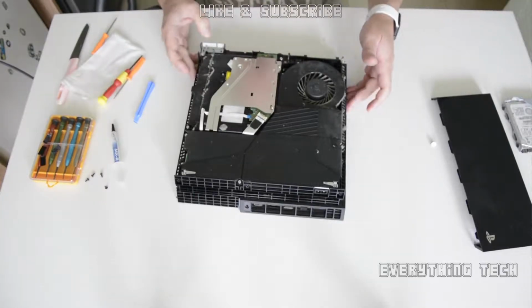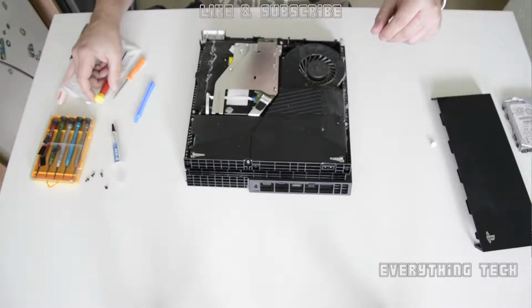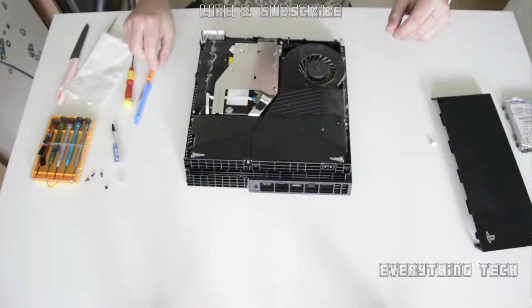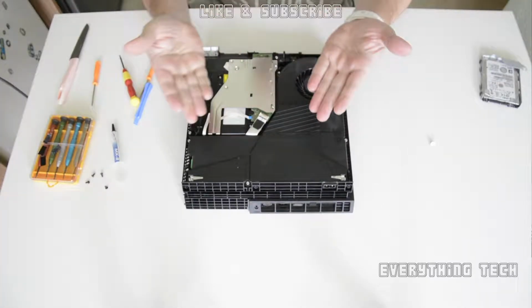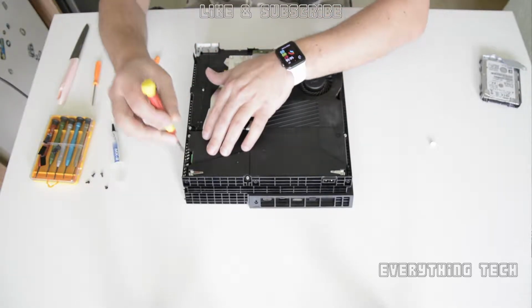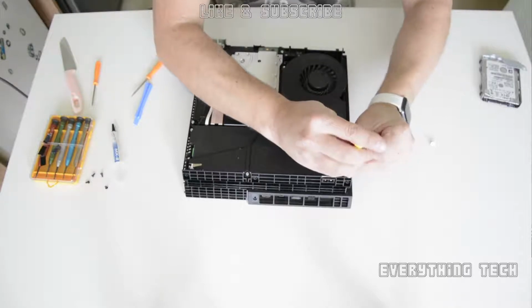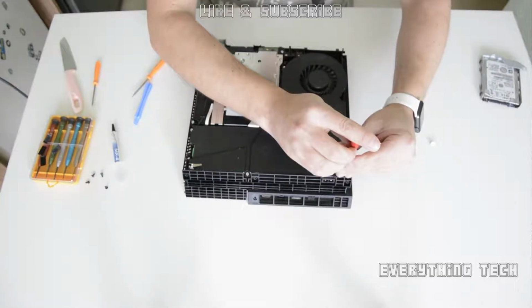So as you can see, there's loads and loads of dust in here, and there's many things that we're going to need to take out in order to reach the heatsink and completely tear down the PS4 to bare bones, just the chassis. Grab your Phillips screwdriver and let's unscrew these screws here that have a little metal bit sticking